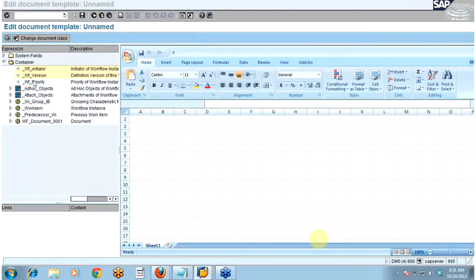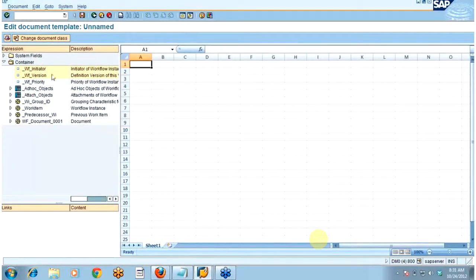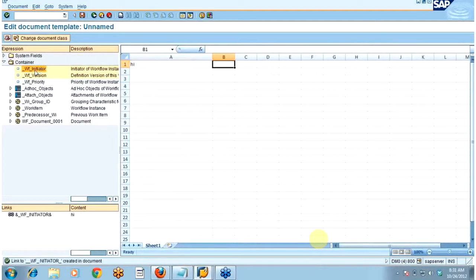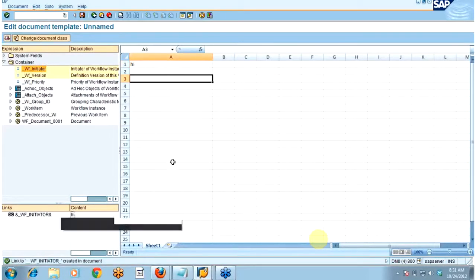Now I will be populating some dynamic value. I have populated this workflow initiator. Okay, let me take back.